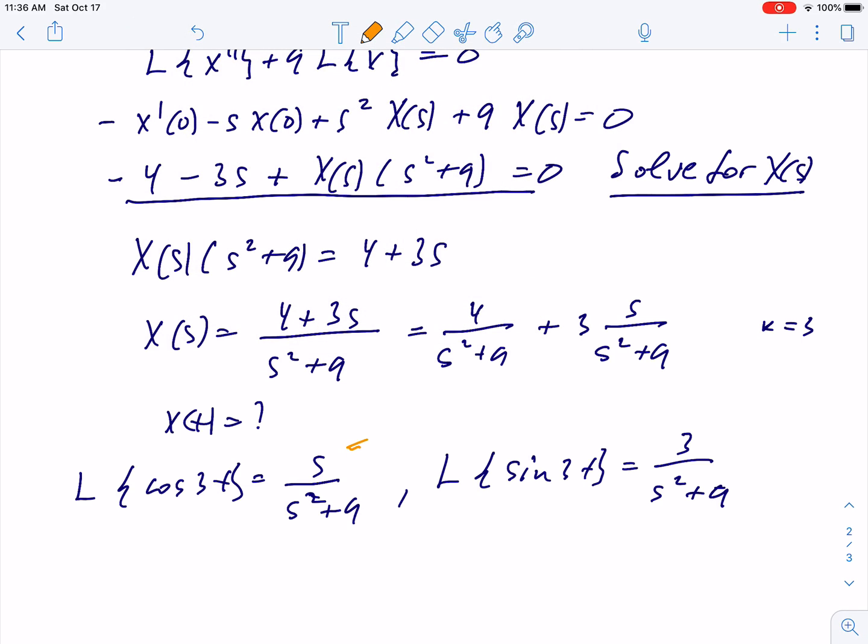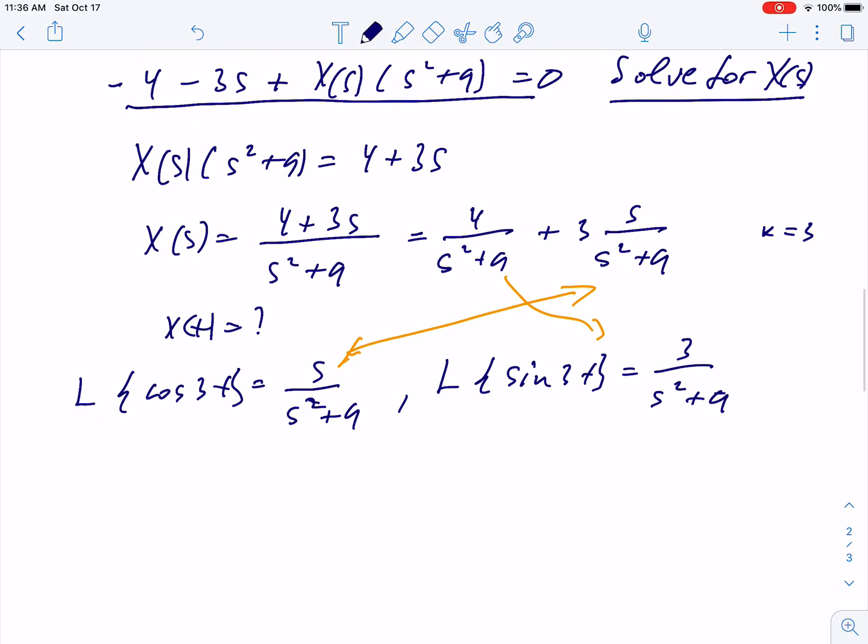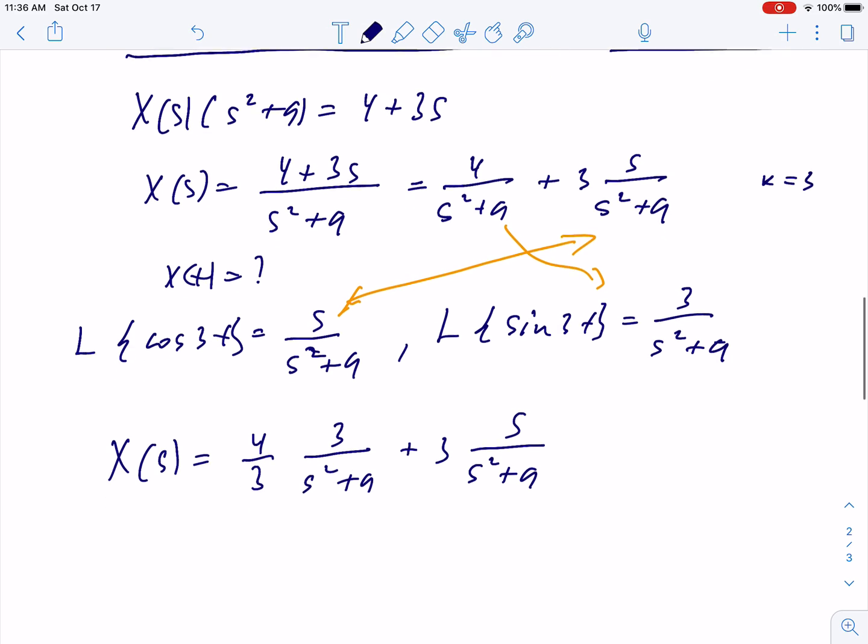So the first one is right here. We can replace immediately. For the second one, we need to adjust. We need to put 3 on top, not 4. And write this way. The big X of s, I shall write 4/3 and here 3 on the top, (s squared plus 9) plus 3s over s squared plus 9. And now replacing